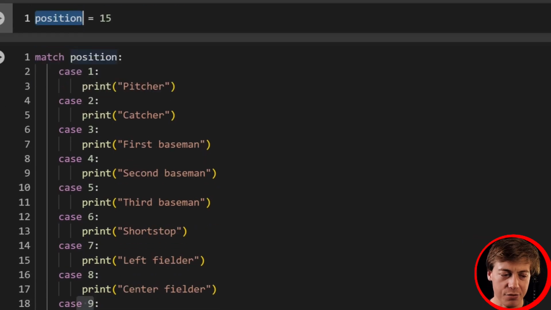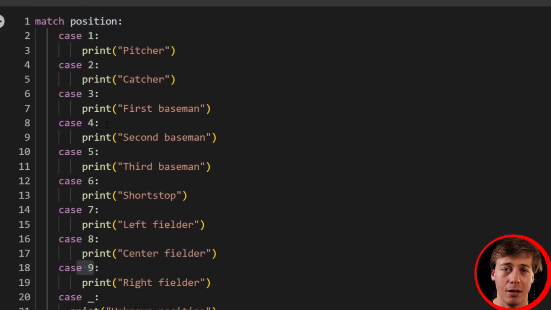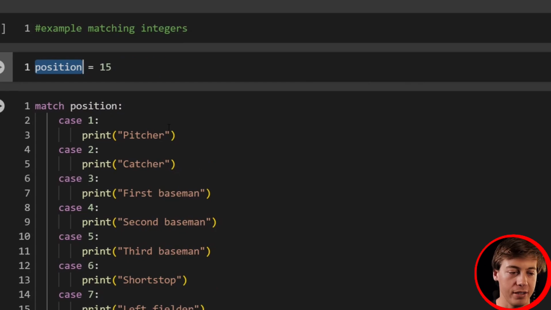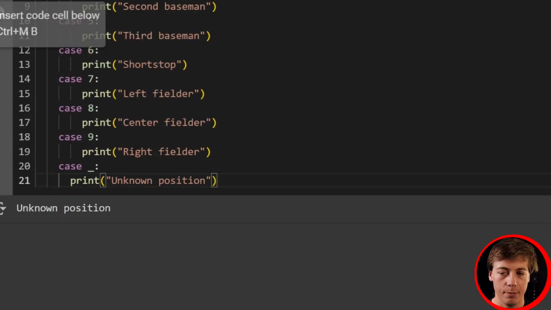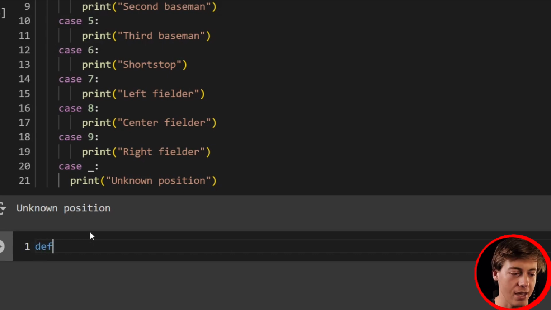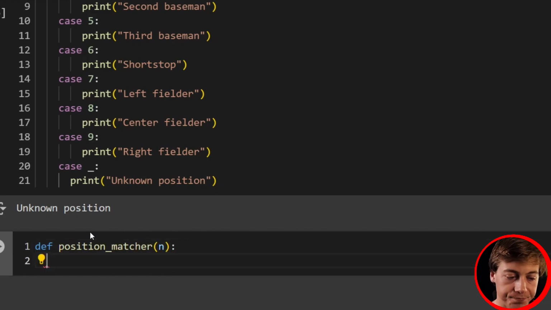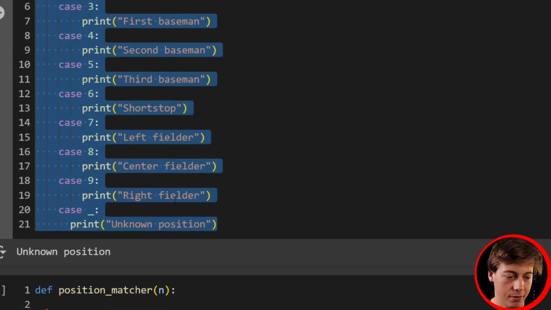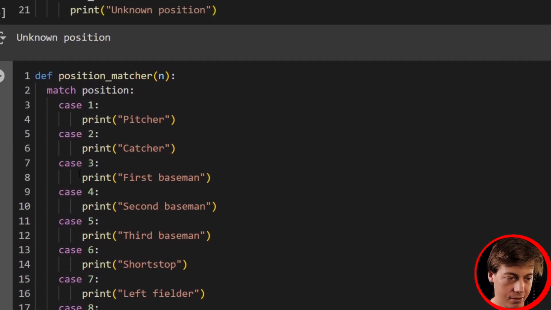Well, this is great, but we can expand upon this. What these are really good with are building these into functions, right? So let me just show you how we can modify this into a function. What I'm going to say is def, and we can put position matcher like this. And we're going to put an n in here, right? And then I'm going to copy all of this code over here, and we're going to paste it. And if we run this,